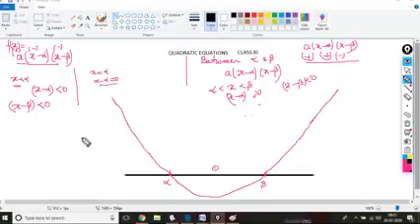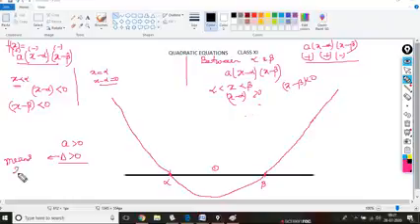Okay, this is for which condition? This is for the condition a is greater than 0, and one more, delta is greater than 0. Some of you may not know the meaning of delta greater than 0. Delta greater than 0 is simply saying there are two roots, alpha and beta. It means it has positive discriminant.